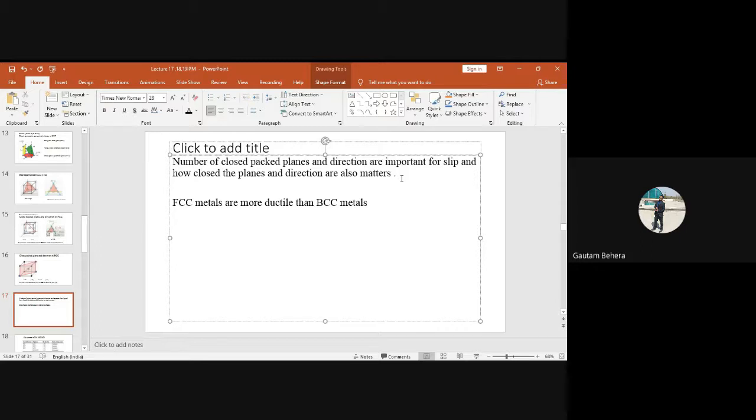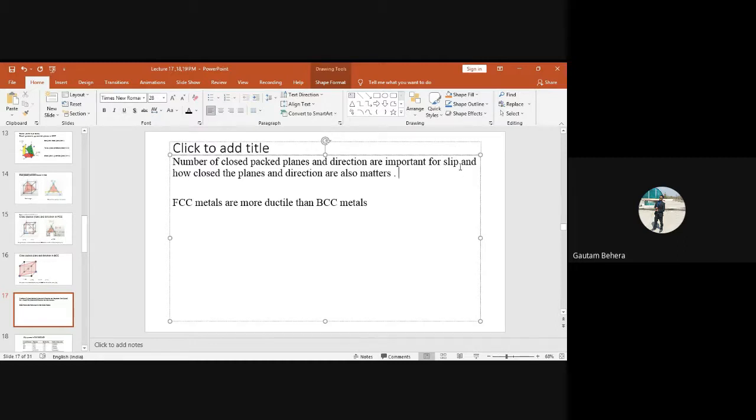Suppose you have a thick plate of any metal. It may be steel, or an alloy, right? Metal or alloy. You have a thick piece of steel, or a thick piece of aluminum alloy or aluminum. You want to make it a thin sheet or plate, then you need to go for plastic deformation on it. That is a permanent deformation. The length will increase, the width will decrease, or the thickness will reduce, right? So the mechanism involved is slip, basically. We have other kinds of plastic deformation mechanisms, but slip is the easiest or dominant mechanism.